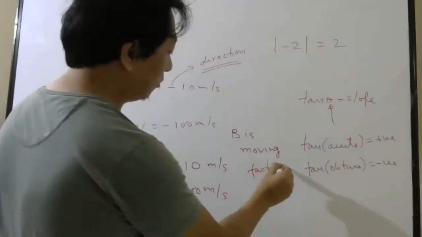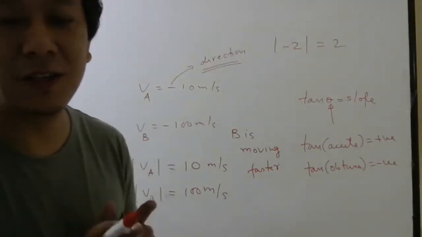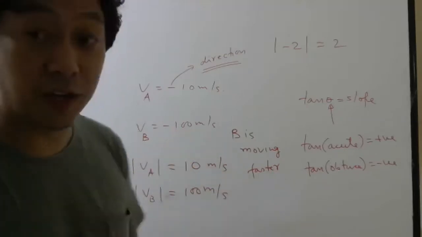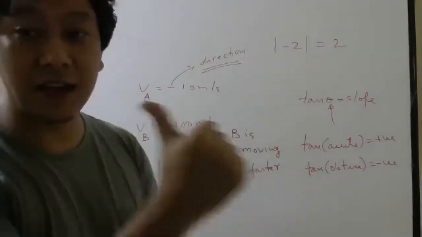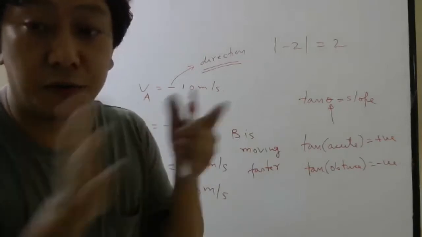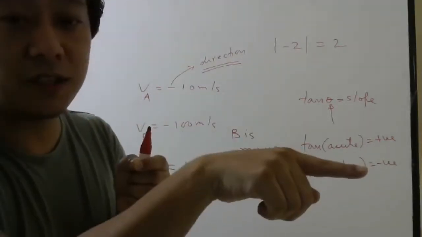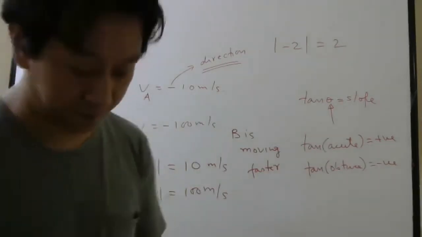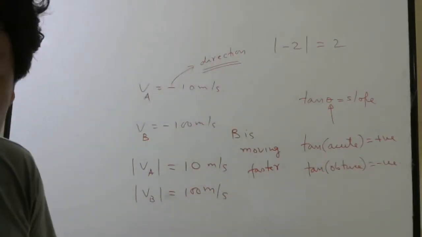Yes, it may be moving in the negative direction, but I did not ask about direction. I only spoke about which car is moving faster. Obviously, this car is covering 100 meters per second. The only difference is that this side we take as negative compared to this side. For that, you first have to decide which side is positive. If you choose this side positive, then any vector on this side should be taken negative. So minus is only for direction, not magnitude.